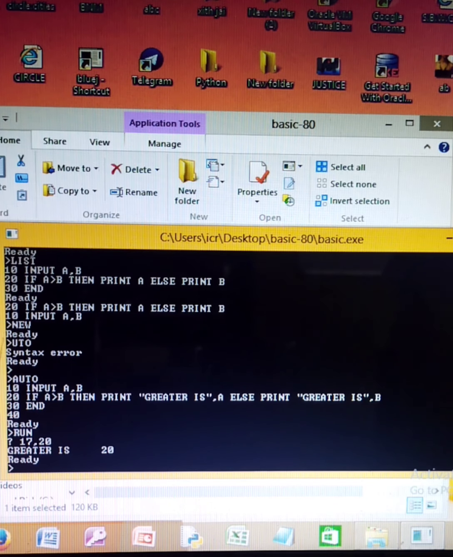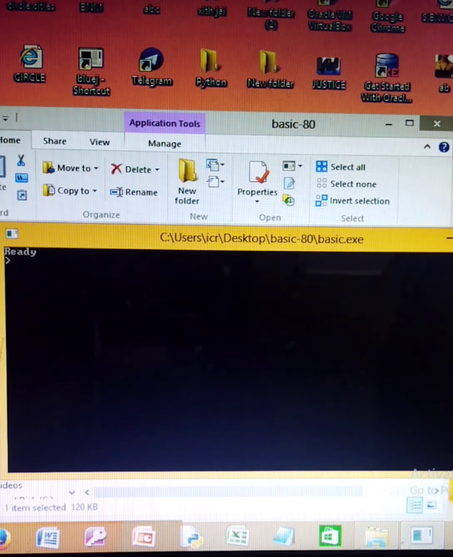Suppose a question is given in which we have to enter a number and check if it is negative or positive. So NEW, AUTO, and we'll write here INPUT A. How do we check for a negative? We'll say if it is less than 0. So if A is less than 0, then print "negative".